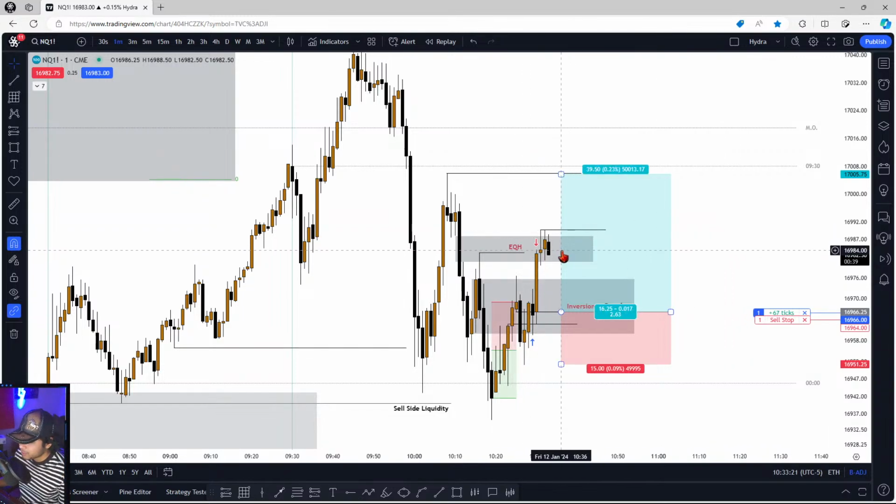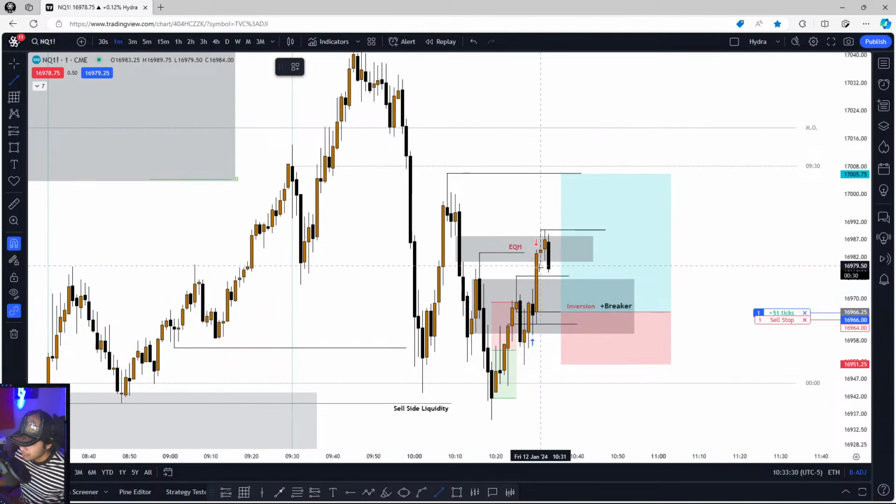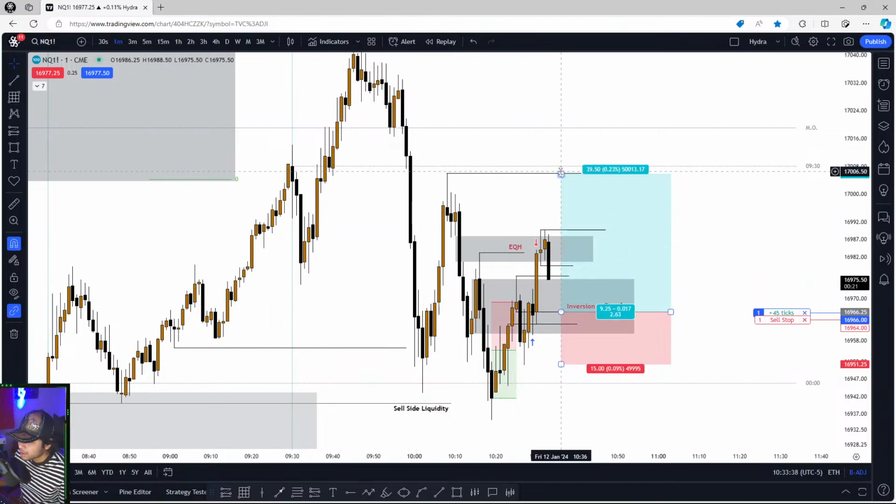So again, do you guys see how price became choppy? We're still inside our macro though. We got a fair value gap down here. So how far we want to see it getting filled? This far. So let's see if price respects our theory. If price is not coming down, hitting this week, we can be sure the price can go up. It happened. So last line of defense, breaker,